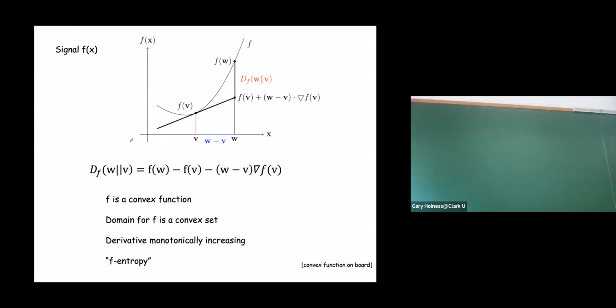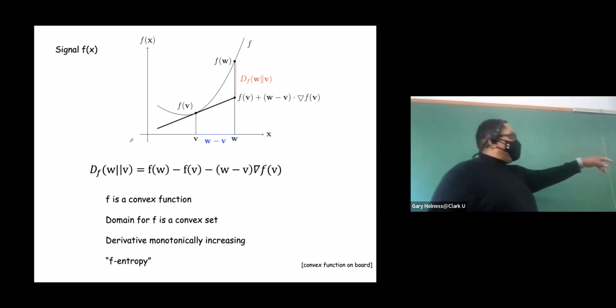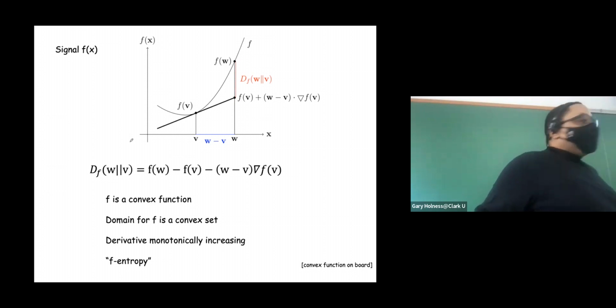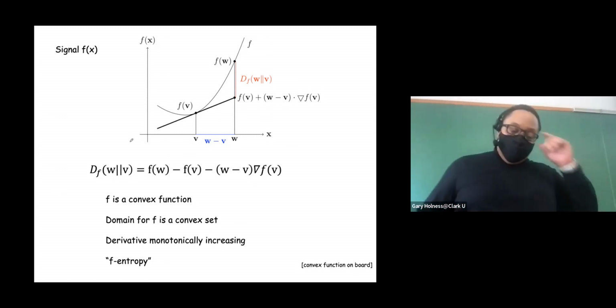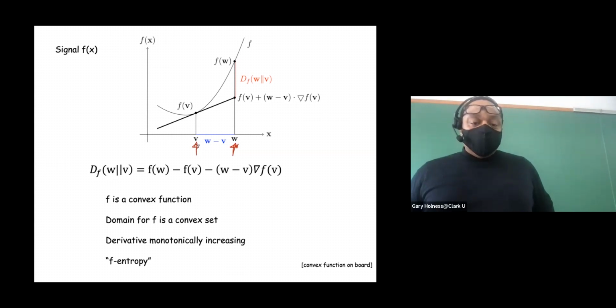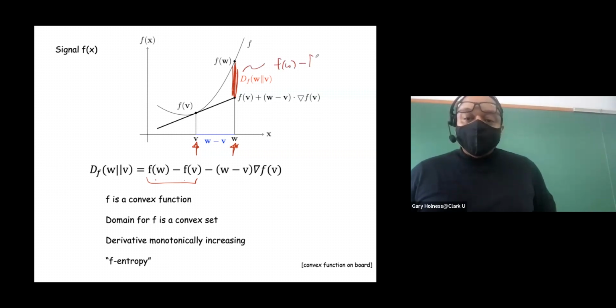All right. And so why did we talk about that? Well, you have to have a convex function, and you can prove convexity using that construct. As long as you have a convex function, there's a way to measure this idea of information content. All right. So let's take a look at how that works. Well, we have our function, and here we have w. That's our point here on the right. We have v, our point here on the left. Here we have f of w minus f of v. That difference is this distance.